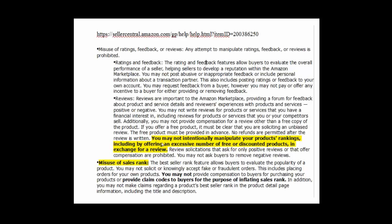This is the part that Amazon added, and it's under the reviews paragraph, and it says you may not intentionally manipulate your product's rankings, including by offering an excessive number of free or discounted products in exchange for a review. Now, that's the part that's relevant to us, because that was a technique that many of us used to help boost our products up in the rankings. And that technique involved using a coupon code, and that's the part right here where it says offering an excessive number of free or discounted products,